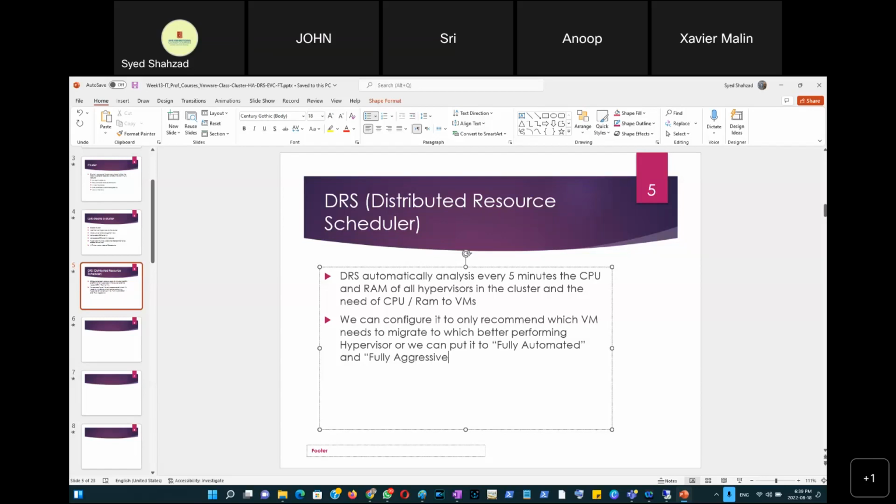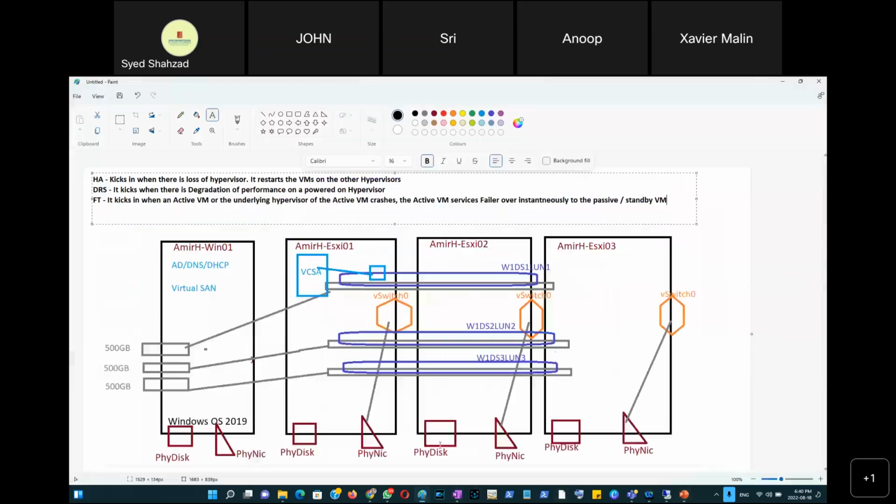So what is fully automated and fully aggressive? Fully aggressive has 5 levels actually. The highest level offers the slightest change of performance migration. What does that mean? Like if the virtual machine, so if there's a virtual machine here,